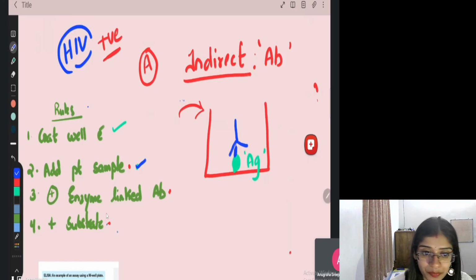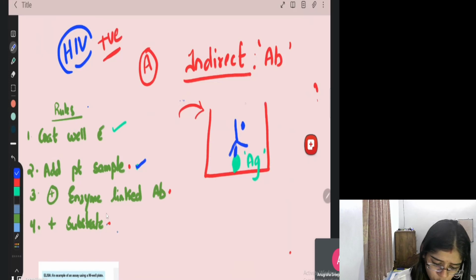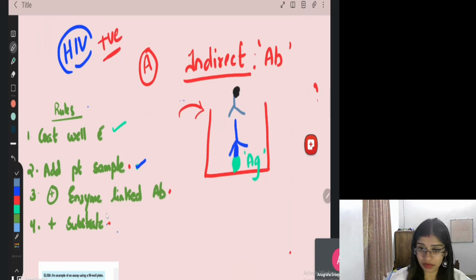What is the third step? Remember, after every step, you're washing the well. So tell me, after adding the patient sample and I wash the well, will this antibody get washed off? No, because it has formed a strong bond with the antigen. The third step is what? You add the enzyme linked antibody. I am adding the enzyme linked antibody here. So this enzyme linked antibody I've prepared from the lab for the HIV, and I'm adding it to